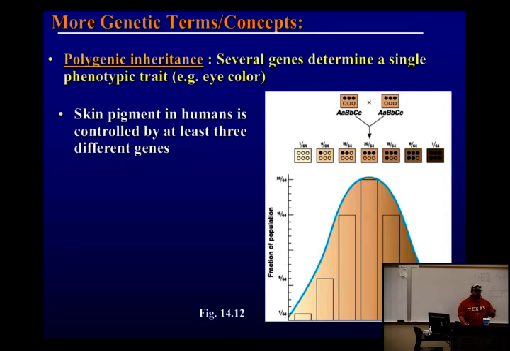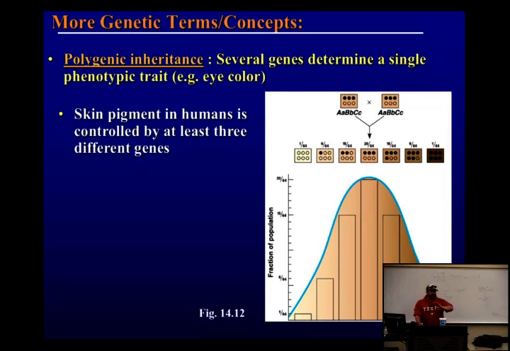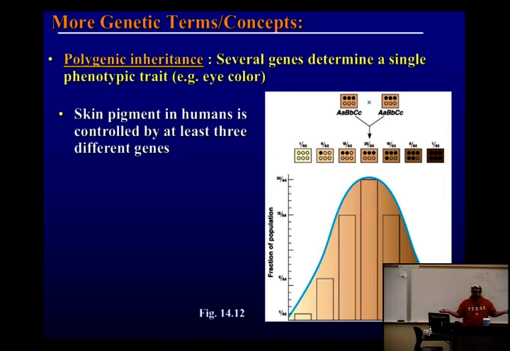And you can get all possible combinations. So for every allele you have, you make a certain amount of pigment. So if I have 1 allele that makes a pigment and 5 that don't, then let's go through the spectrum. I have 6 alleles and none of those make a pigment. What color is my skin? White, right? If I make 1 unit of pigment, it's a little bit darker, right? 2 units, a little bit darker. 3, 4, 5, 6. So you guys get it?